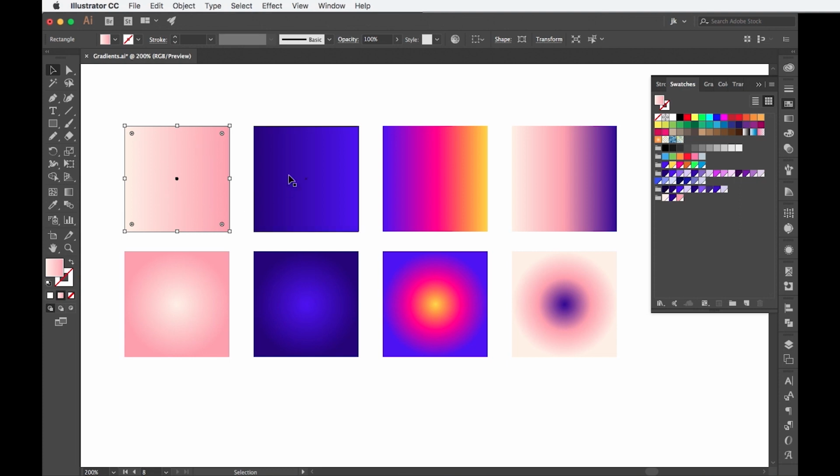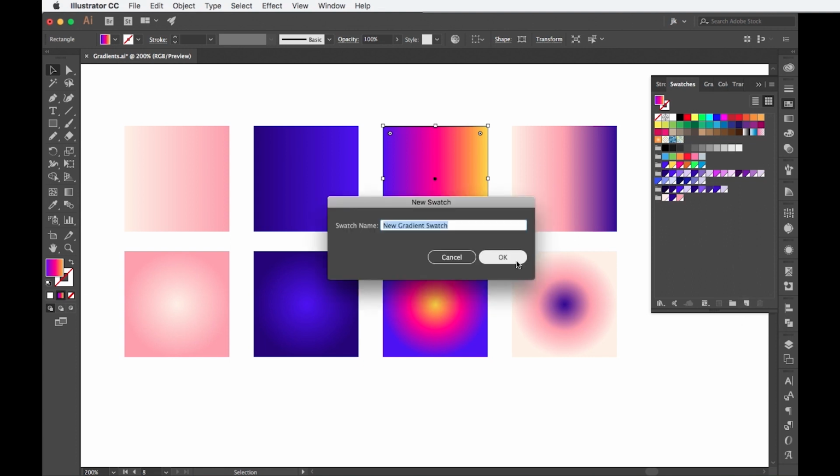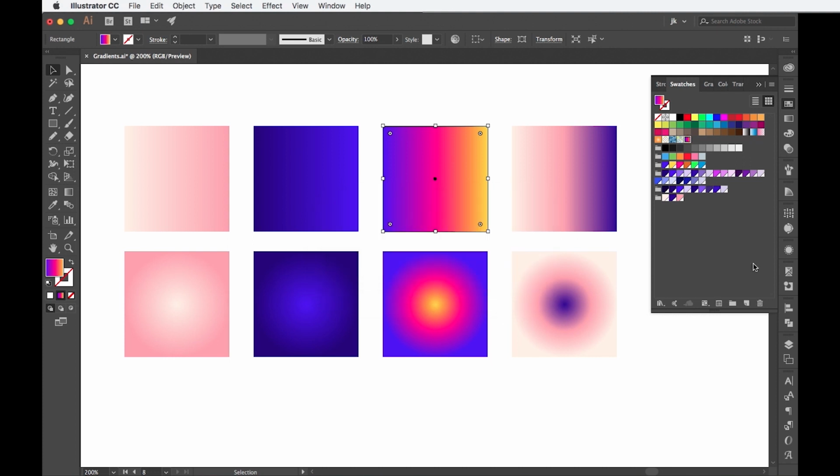To create a gradient swatch from a gradient field or stroked object, select this object with the Selection tool, and make sure that on the Tools panel, the attribute which has a gradient applied to it is on top. Then go to the Swatches panel and click on the New Swatch button here. Give your swatch a name and click OK. The gradient swatch will be added to the main swatches here,